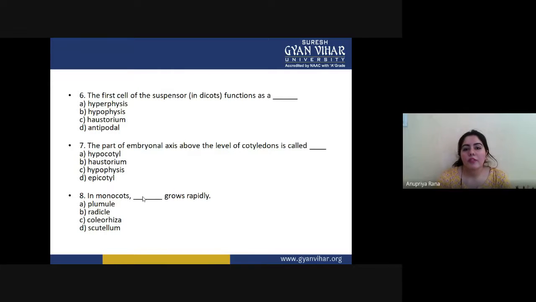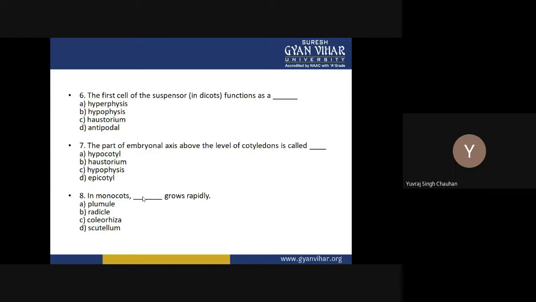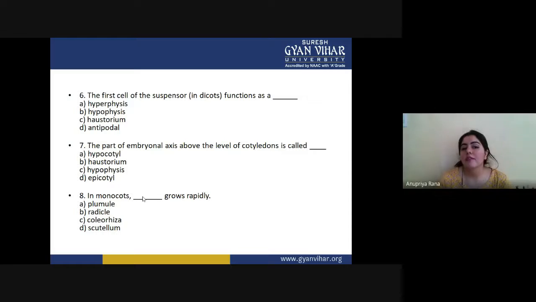And the first cell of the suspensor in dicot functions as a... what was the function of the suspensor cell? First cell of the suspensor functions as the haustorium. It is the attachment of the embryo to the endosperm; it just pushes the embryo inside the endosperm. So by the formation of the haustorium, as I told you in dicotyledon development. The part of the embryonal axis above the level of the cotyledon is called...